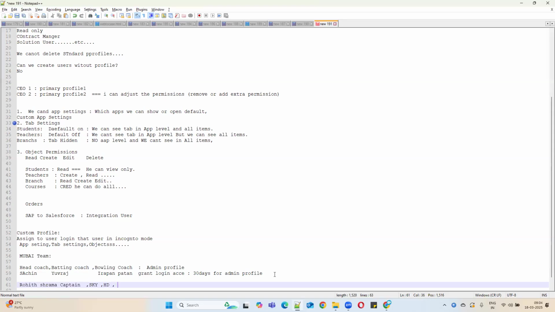What else is there in the Mumbai team, sir? Tilak Verma. Okay. So can these people log in with Irfan Pathan now? No, this people's profile is different. Maybe we can say different profiles, a team profile, something like that. So they cannot log in with Irfan Pathan because only admin people can log in with other admin people